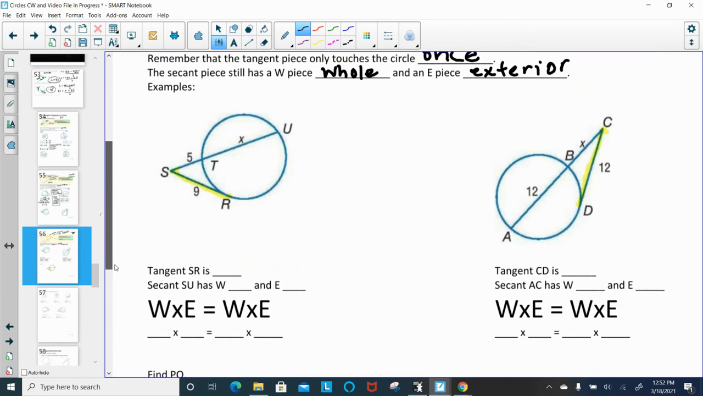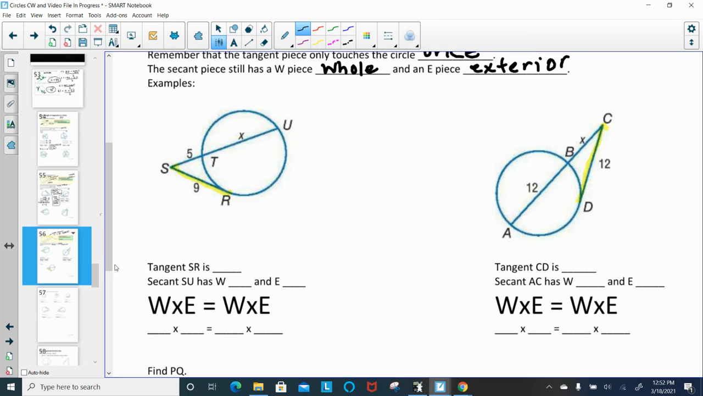So if you look at this first example, tangent SR is 9. So we'll have a 9 for the whole and a 9 for the exterior. Now, if we look at the secant SU, well, that whole will be x plus 5, or 5 plus x. And the exterior part, or outside the circle, is 5. So when we go over to Desmos,